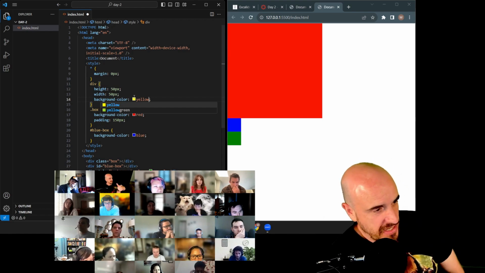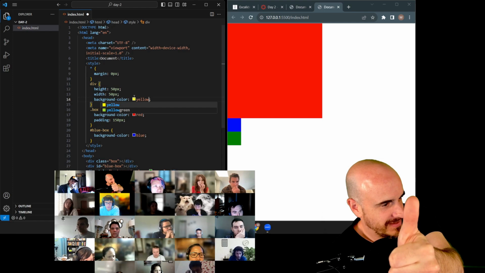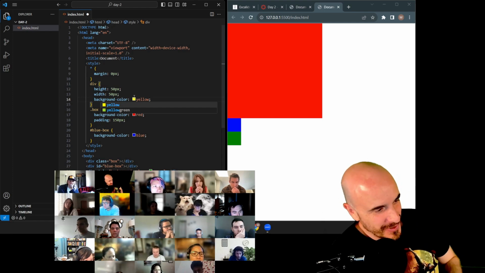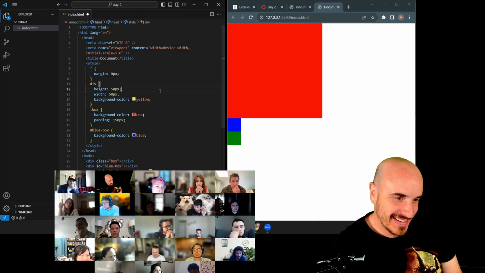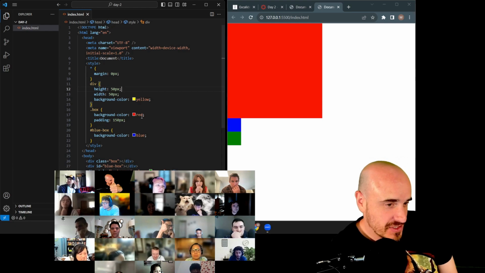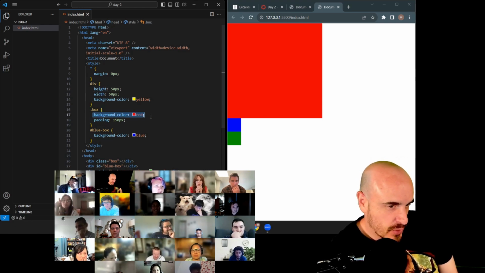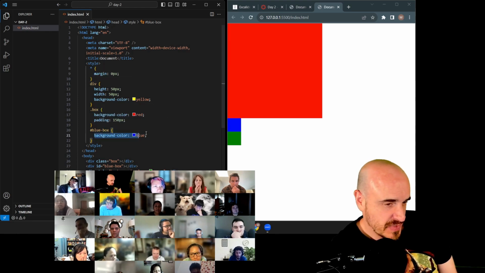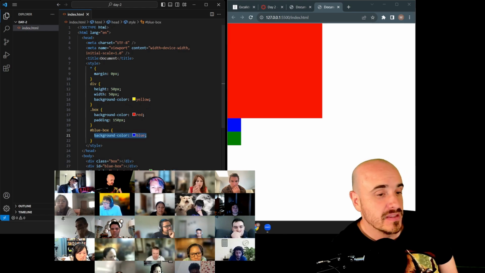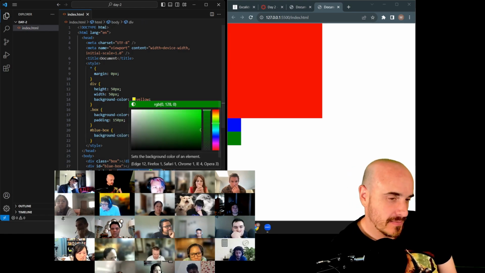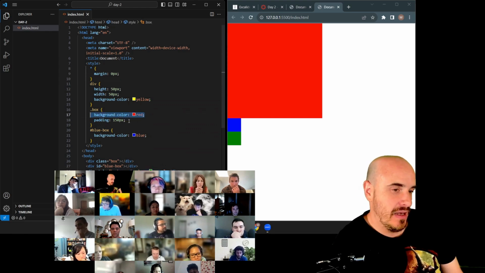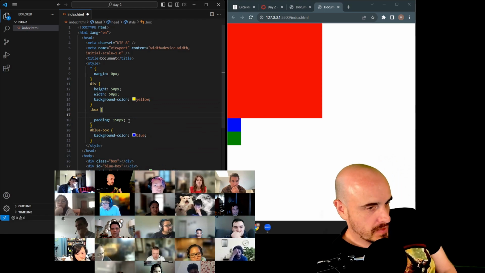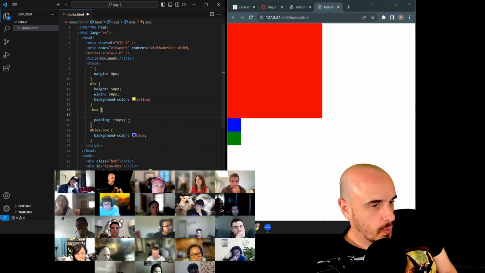Who thinks none of them will change? Who thinks one will change? Okay, let's see, right? So none of them have changed because it turns out this is more specific, a class selector, than an element selector. This is way more specific, the ID. And the inline style is like the most specific. So they all lose. But of course, if I now delete this property from our .box class,